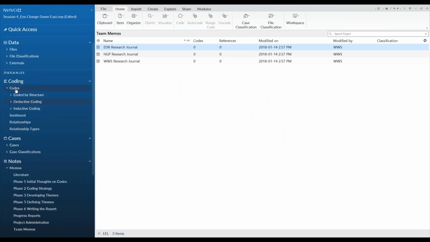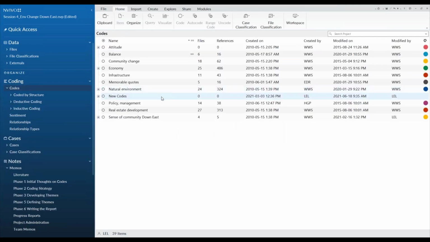So let's say I've got some of my codes and I really want to think about what's happening within the code, or what are the most prevalent topics that have been coded there, and so on. And in earlier demonstrations, I showed how you could run a word frequency query or text search query across a series of documents. But you can also do some of those queries where you look within a code, not just a list of documents. So I'm going to show you by selecting one of my other codes here, balance,